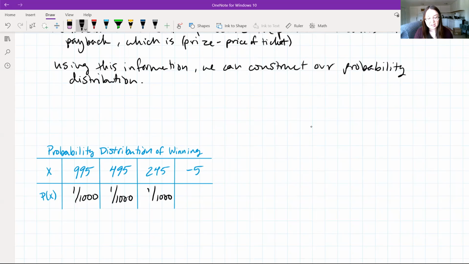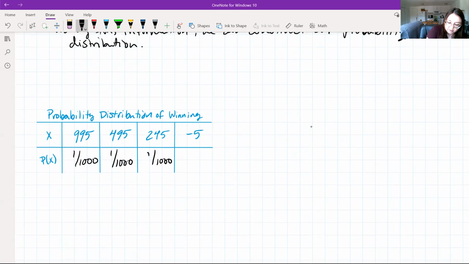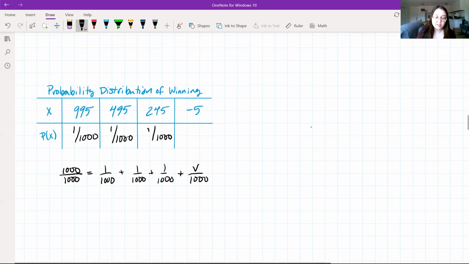Well, we can do that. So if we did, we know that 1 is going to be equal to 1,000 over 1,000. And we know this is equal to 1 divided by 1,000 plus 1 divided by 1,000 plus 1 divided by 1,000 plus, and now since we're already using our value of x, let's use a different variable. Let's just say v over 1,000. So when we add these values up, we're going to get 1,000 over 1,000 is equal to 3 divided by 1,000